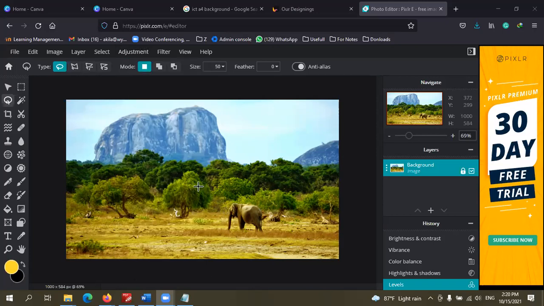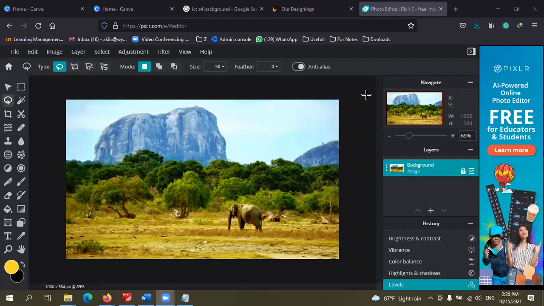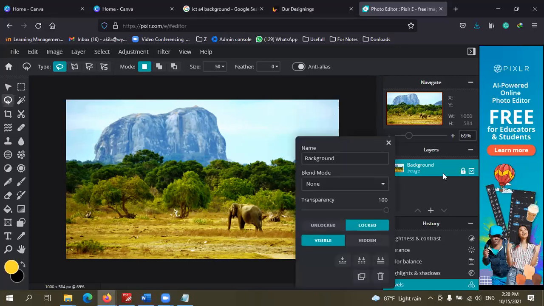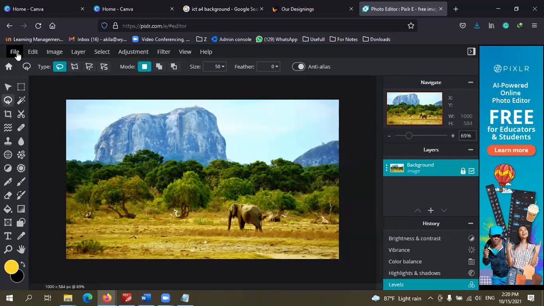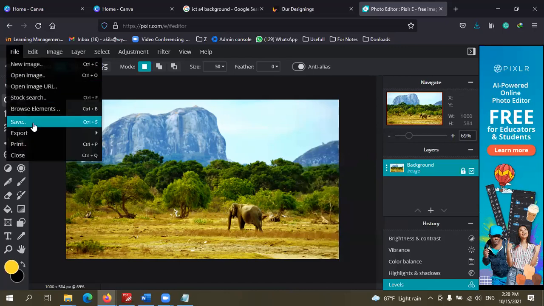Right, everyone. So after that, you can download the image. To download, what you have to do, just go to File and Save.